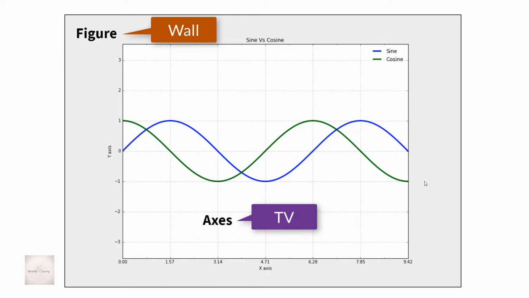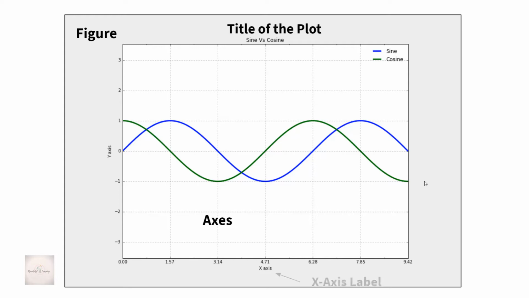It is actually a subplot and this can be compared to a TV which displays the content of our interest. Fine? So guys, this was about the two important components. One is figure and other is axis. Now, all the components of the plot which we see on this screen are actually present on the axis. So now to mention a few, we have got title, x-axis label, y-axis label, legend and even the major tick label.